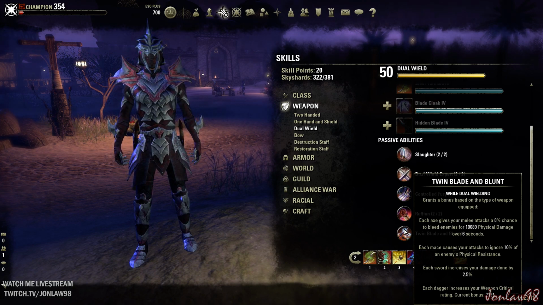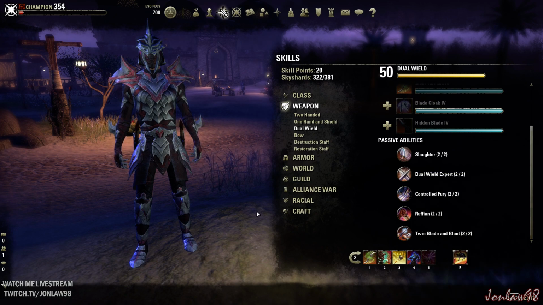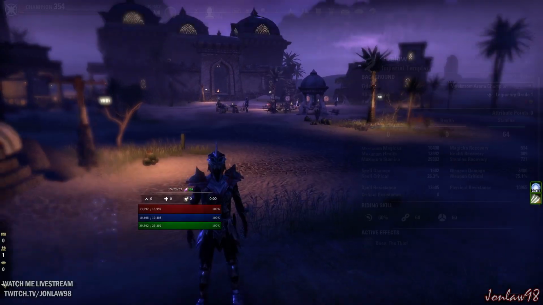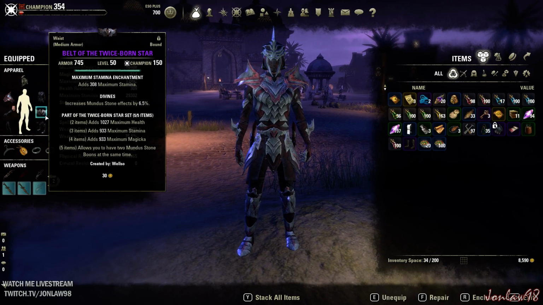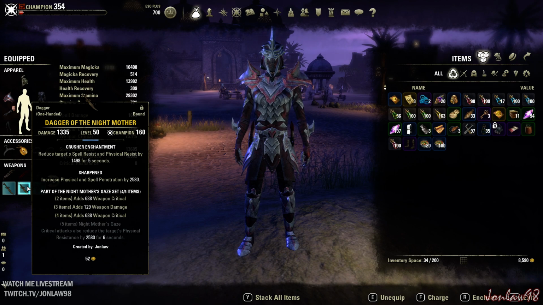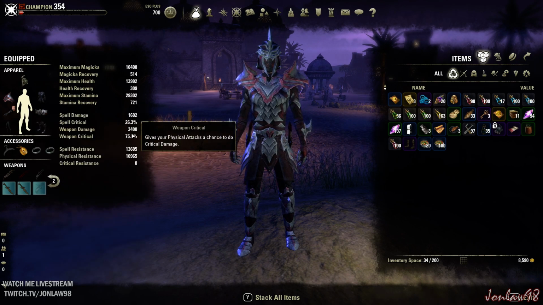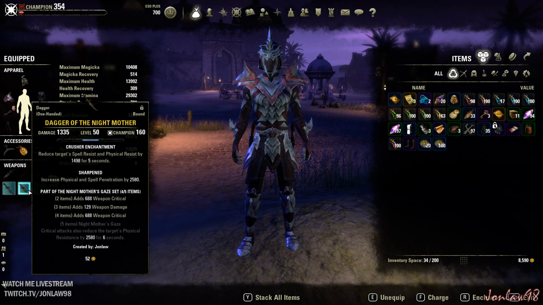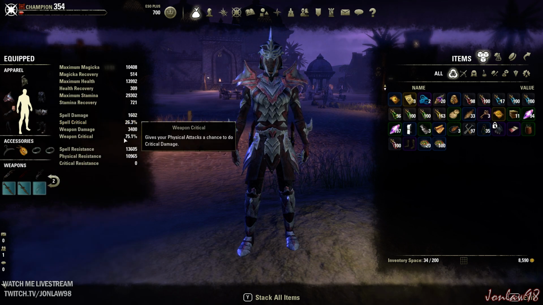I just use daggers for extra critical, so you want to boost that as high as possible, and that's pretty good. Alright, so that has pretty much been the set. I've been testing this out with axes and swords. It probably boosts your damage up slightly higher, or just your output damage, but I'm trying to keep my critical